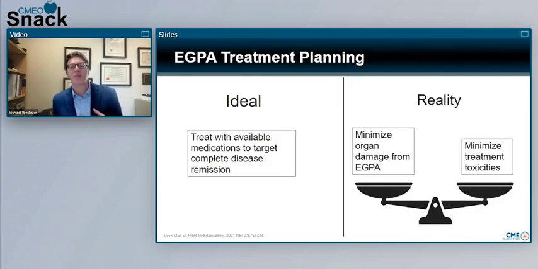So let's talk a little bit about that, about some of the realistic expectations for treating EGPA. I view that there's this ideal component. We want to give the right drug to the right patient at the right time and achieve complete disease remission. However, how does that compare with the reality of how we often achieve outcomes in our patients? Jen, what's been your perspective about the reality and some of the challenges you faced as we try to treat EGPA in you and in other patients?